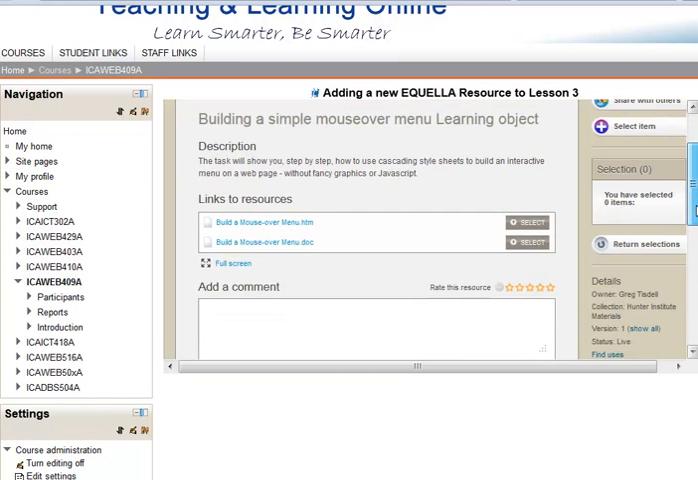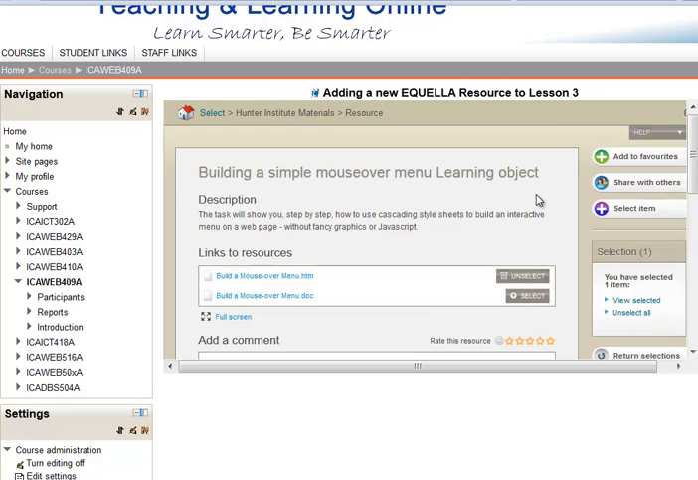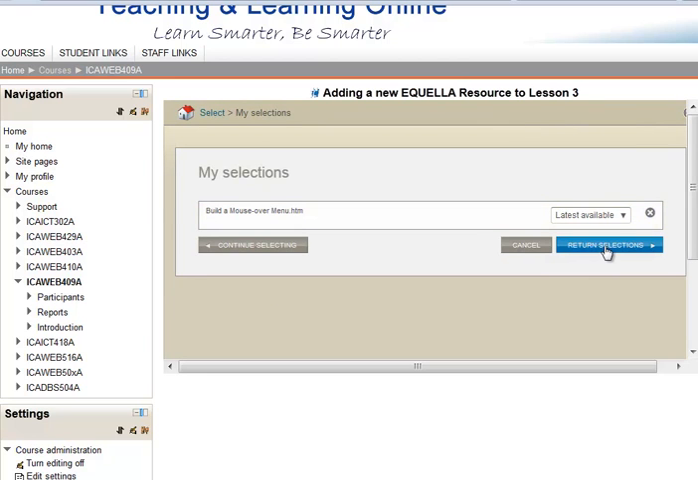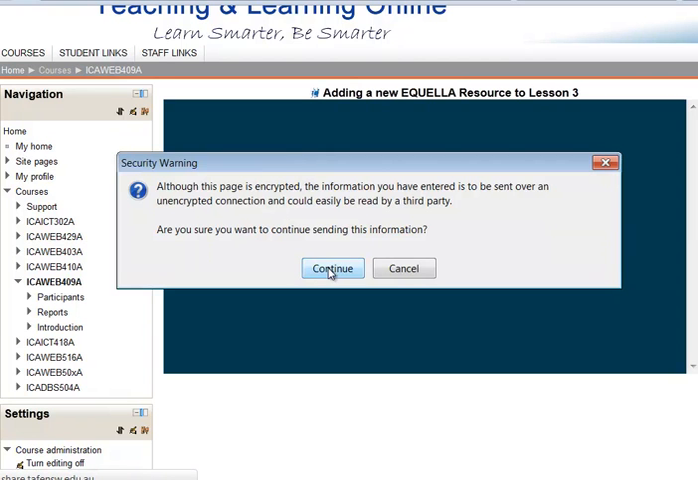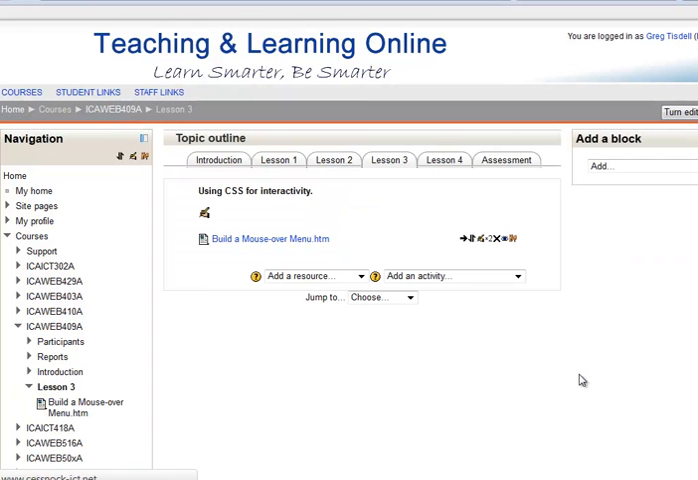And here we are back at the item summary screen. I could select both, but I just want that HTML file, so I'll select that. So now it's selected, which is obvious because it's giving me the option to unselect. Now all I need to do is return that selection. And return it. Just ignore that annoying message. And here we go. Now we have a link to that online content. If I click on that link,